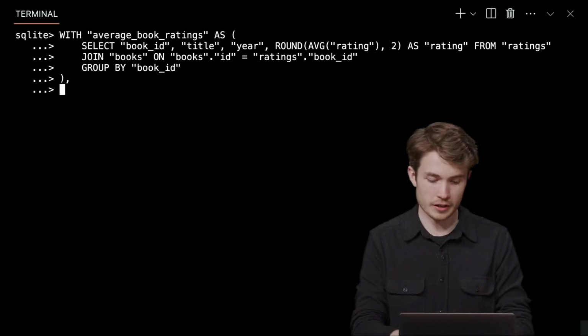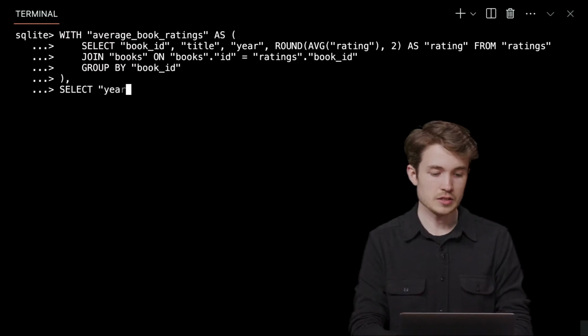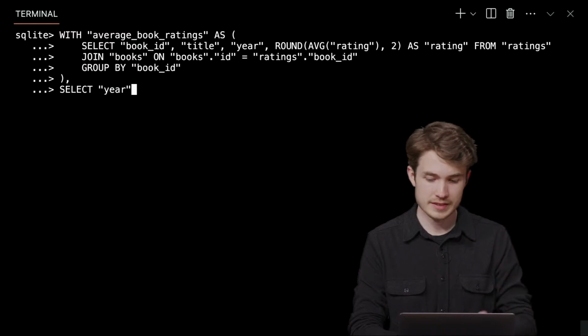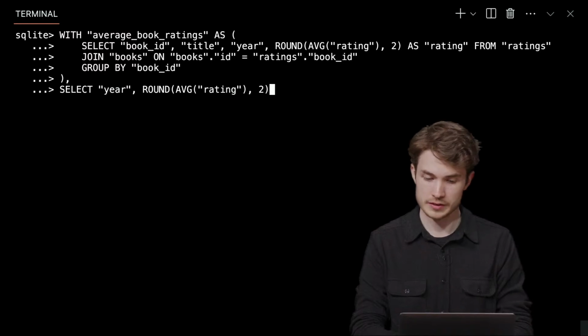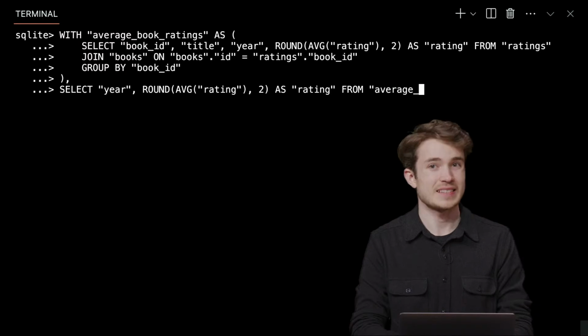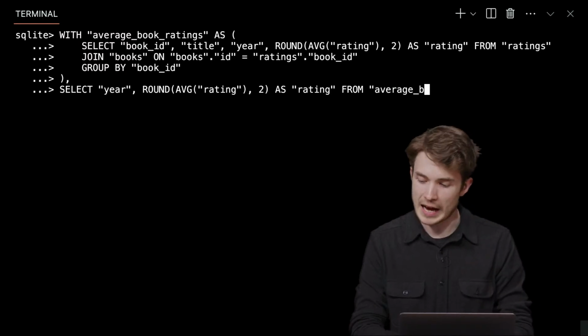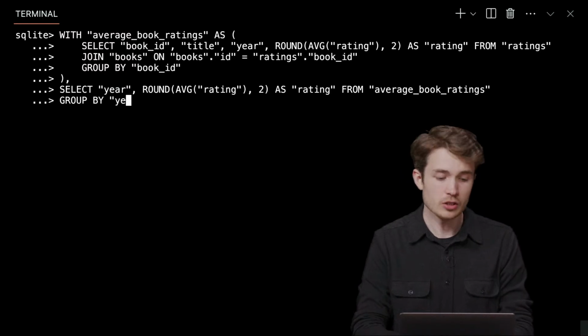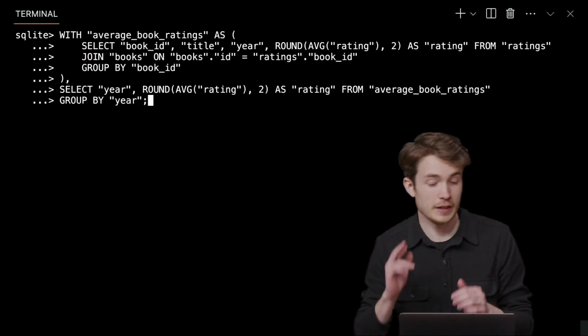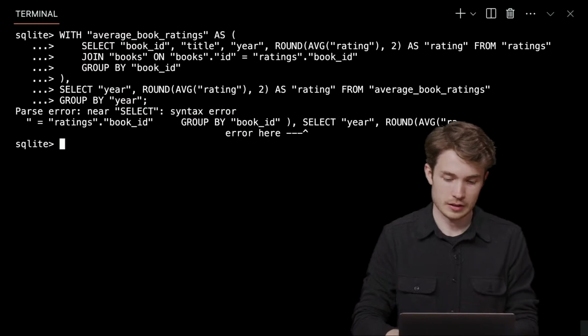So I'll add the comma here, and I'll say select the year column from this CTE. And I'll also take the rounded average rating to 2 decimal places as the new rating column from, in this case, that CTE I just made up above, average book ratings. Then I'll group by the year column, and I should see, if I hit enter here, the